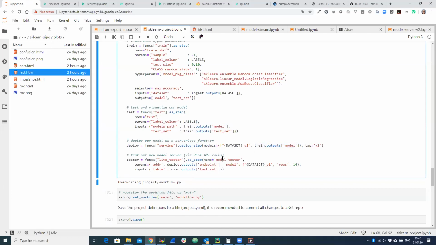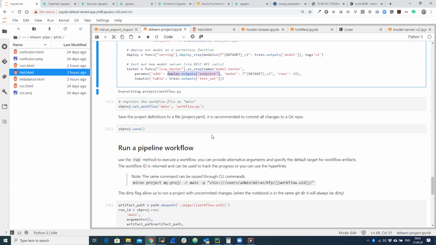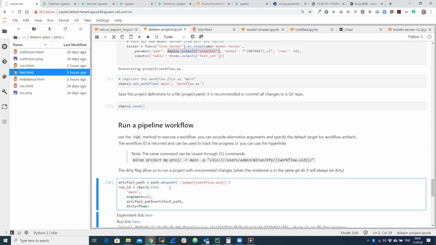And once I've done that, I want to test that my model serving function is actually working and inspect the latency and the accuracy of the results. So I'm running another function that is essentially going to take the output of the deployment, the endpoint address of the deployed function, and is going to bombard it with a test data set, and also inspect all the results of that. So this is a pipeline that I defined in like 30 lines of code, essentially an end-to-end machine learning pipeline. The only thing I need to do is just run it.